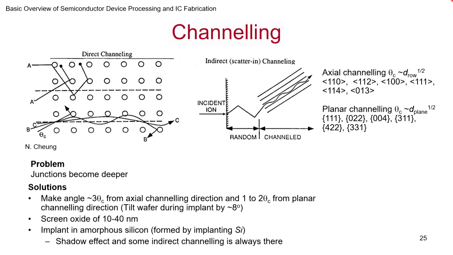Another thing is, you amorphize the silicon. You start off by implanting the silicon with silicon itself, a thin layer, and then you implant. And then of course you can always recrystallize it from the region which is below the range of the implantation, range and few straggles in implantation. That you can always do. So this ensures that there is no channeling and you are able to get it to sit in the region that you want. So you amorphize the whole silicon, but make sure of course you are able to eventually recrystallize it by solid phase epitaxy from the crystalline silicon that is underneath the region which is amorphized.